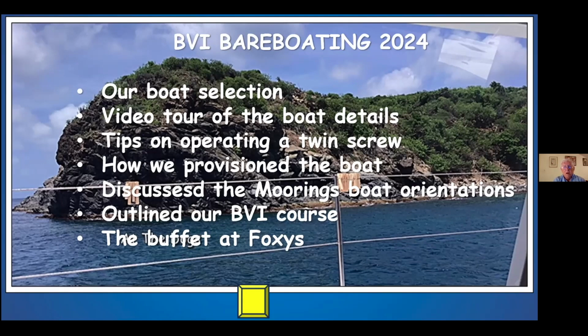I thought that was very helpful in my learning experience, and we really had no problem controlling this boat. We also went over the provisioning and how we did it, and we might want to discuss that in case anybody has any questions. We discussed the moorings and boat orientation, where they basically come on and teach you all about the details of the boat,